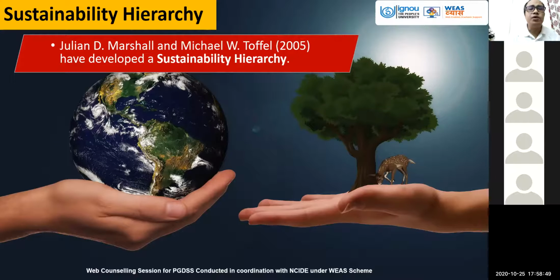Looking into those things, the authors Julian D. Marcel and Michael V. Toffel in 2005 developed a sustainability hierarchy. In the beginning, we talked about a hierarchy of needs from the physiological, sociological and biological perspective, that means from the individual perspective. Then we have the human development approach, looking from a social perspective. Now, the point is,